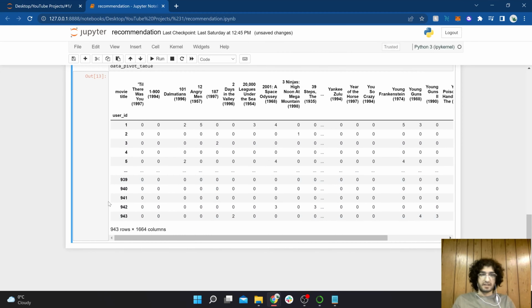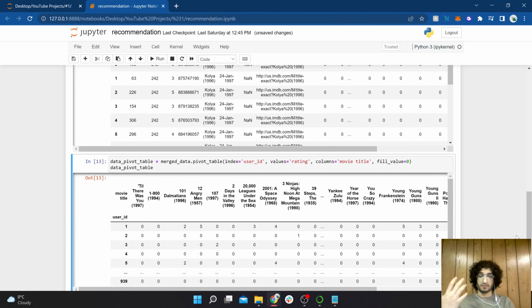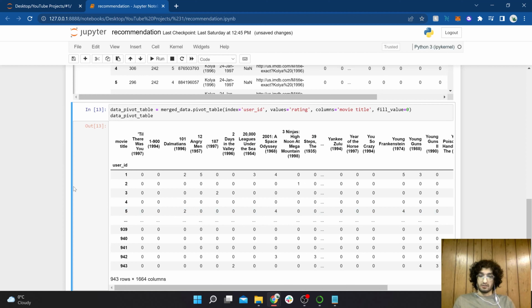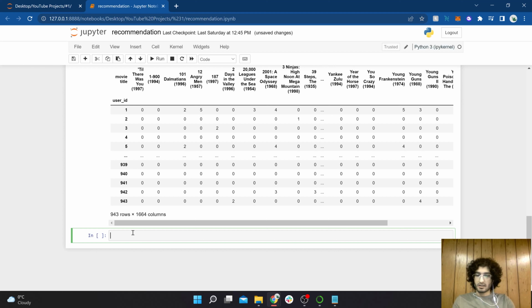Alright, so now we're going to want to transpose the data that we got over here. By transposing, we mean basically flipping the rows and columns so that our movie titles are going to be in the rows, and our user ratings are going to be the columns of our new data. That's what it's called. Let's create a new one. By the way, if you click B, it's going to create a new cell below the current cell that you've selected. Let's call this transposed data is equal to